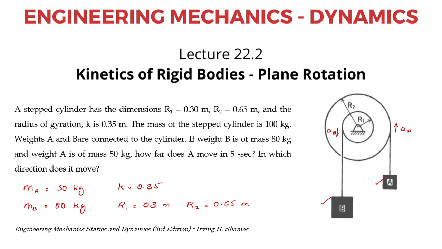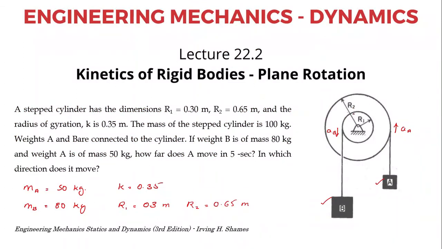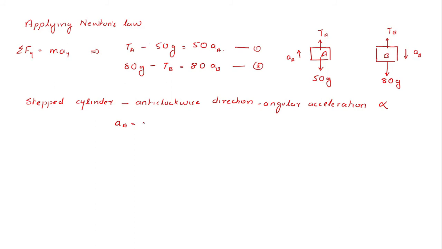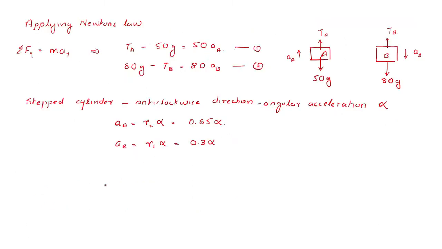Okay, so as such I can write AA as R2 into alpha. As such I am concentrating on the magnitude only. So here AA will be equal to R2 into alpha, that is 0.65 into alpha, and AB will be equal to R1 into alpha, that is 0.3 into alpha. So you can see here that this acceleration AA is the tangential acceleration of the outer cylinder, and this acceleration AB is the tangential acceleration of the inner cylinder. Okay, now substituting these values in this equation, you would get